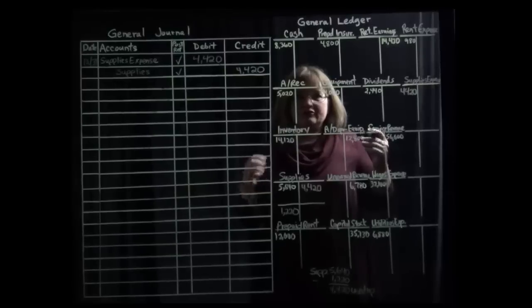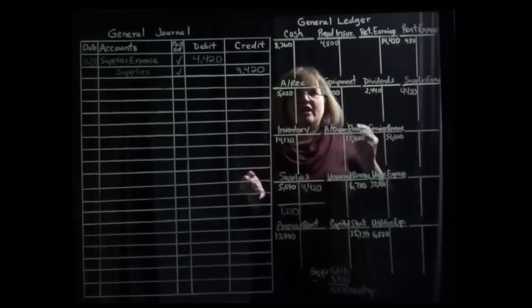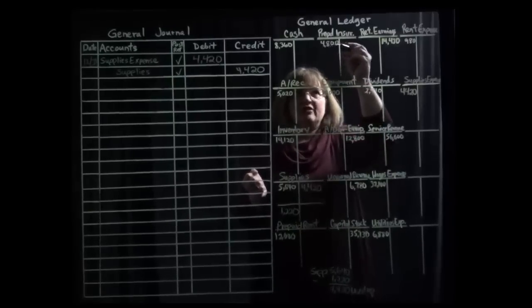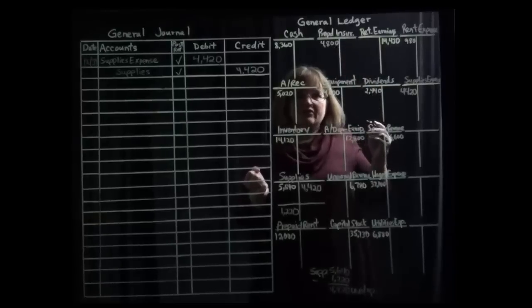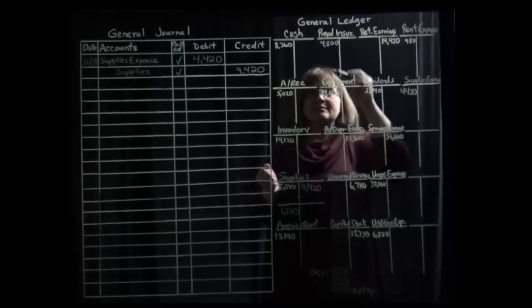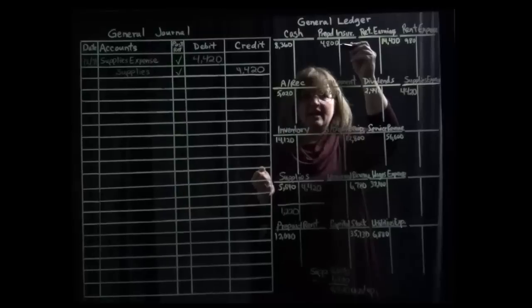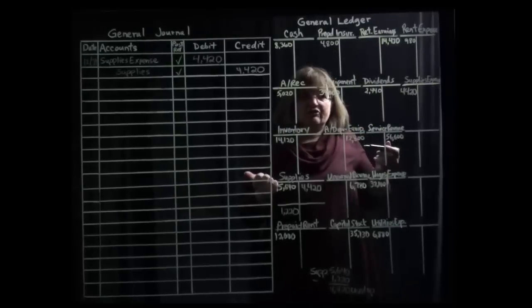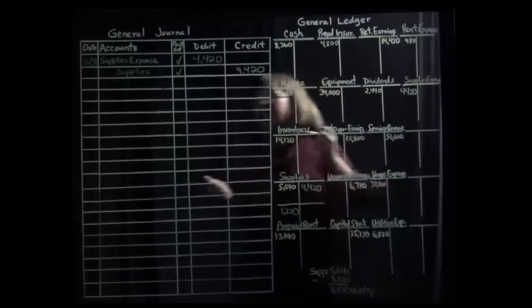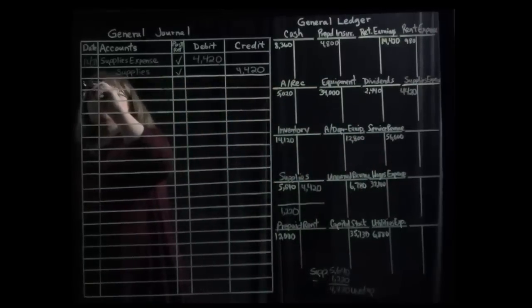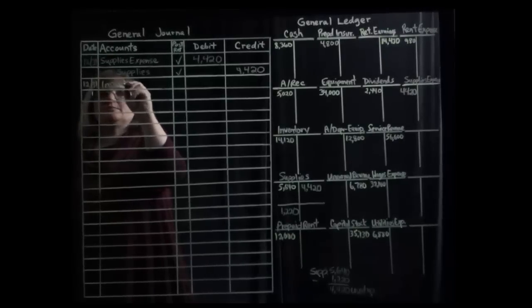Well, since January 1st, now 12 months have gone by. If we break that $4,800 down on a monthly basis, $4,800 divided by 16 months is $300 per month. And so now 12 months have passed. That means 12 times 300, which is $3,600, needs to be taken away from this asset and recorded instead as insurance expense. And so we would make an adjusting journal entry on 12/31, we would debit insurance expense